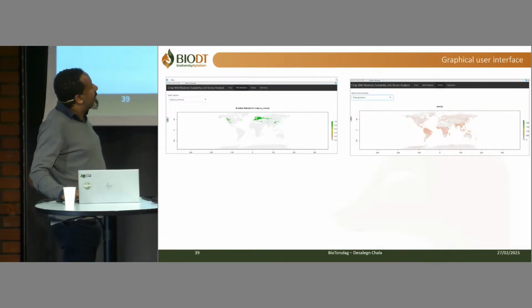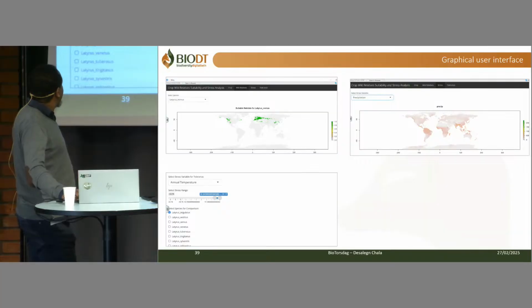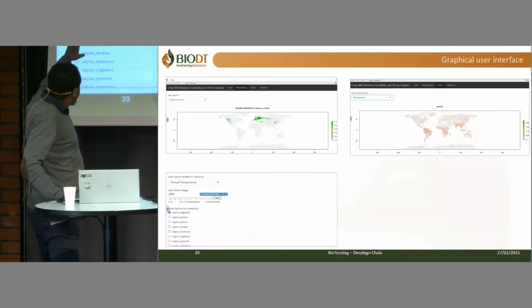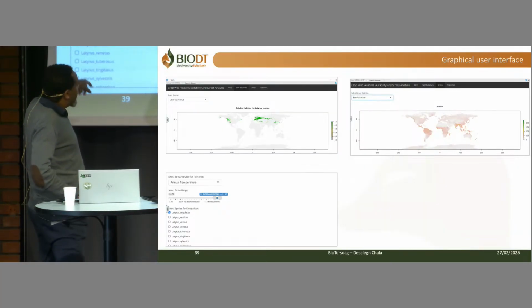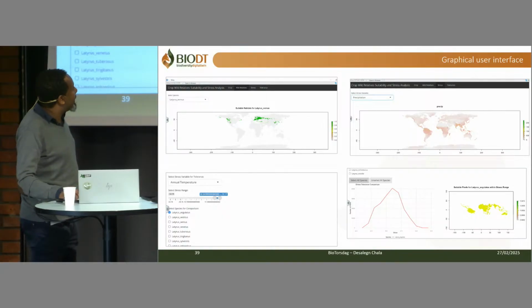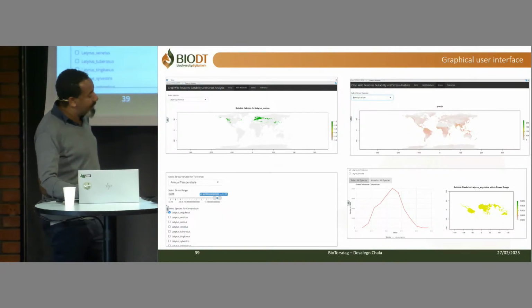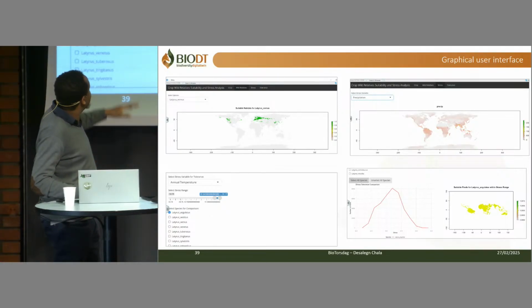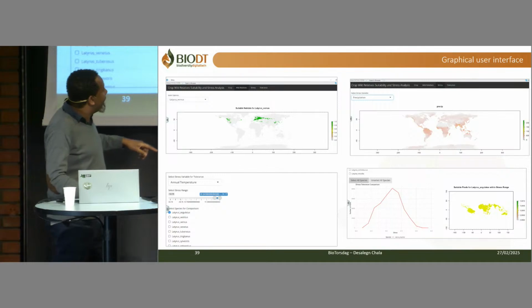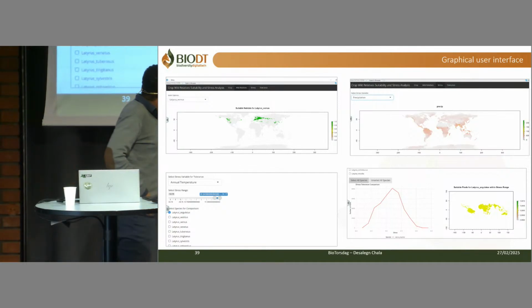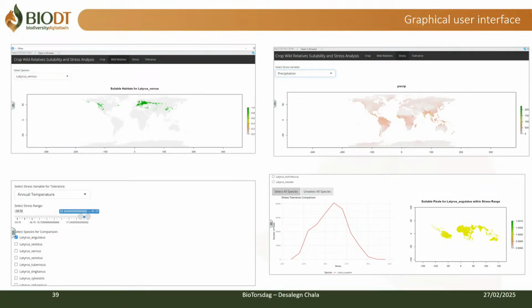So, for example, precipitation, then the list of the crop wild relatives, and finally the response curve. For example, here these are the wild relatives of Lathyrus, or grass pea. Here you can see the populations growing within this range of temperature, and where you can find those crop wild relatives.